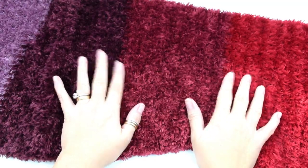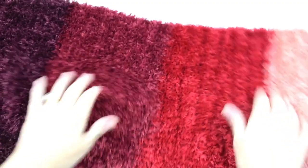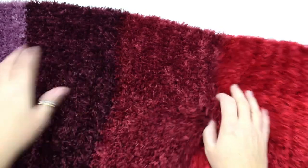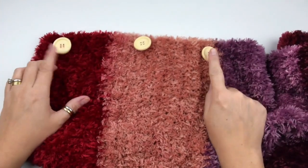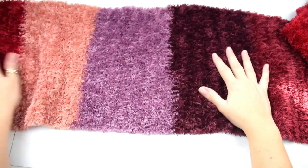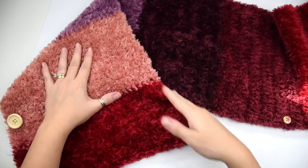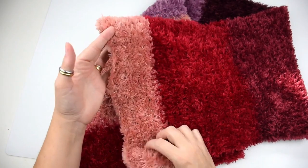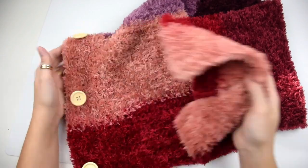My scarf is now complete. Look at these beautiful colors. And now I put 3 buttons in the long side. How do you have to place them? It's very simple, because you have to fold the scarf by placing the short side on the long side. So you fold like this and take the short side into the long side, and here we put the buttons,